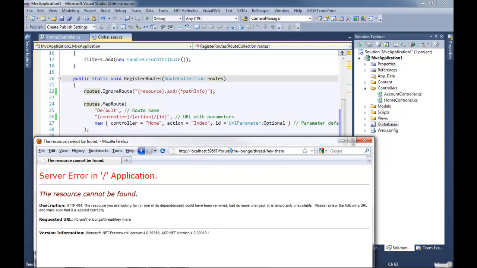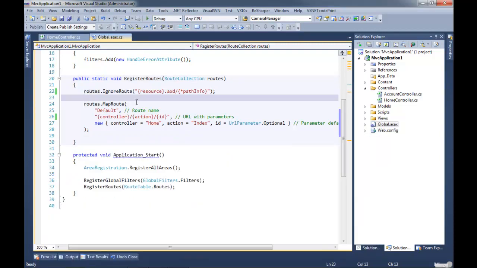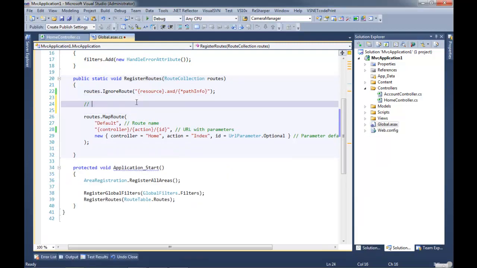Exactly. Okay. The route that this would look like would be /forum name /thread, the literal word thread, /thread name.